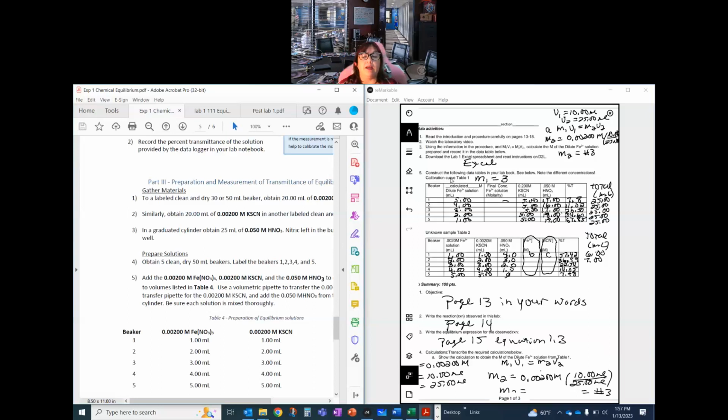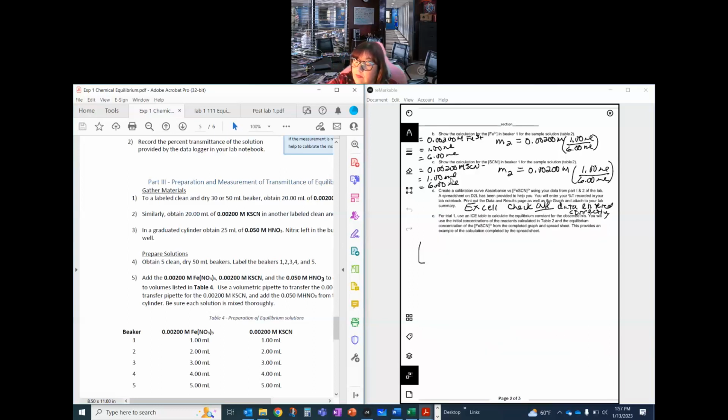Okay. So that's that. Now, I get people who ask me, okay, well, what's the final concentration of Fe3+ solution? Well, I calculated the molarity of the first solution, and that was question number 3 in the pre-lab, which I calculated here. I then calculated again right here in question number 4. From the answer for question number 4, I can also do, and I'm going to move it over here just so you can see,